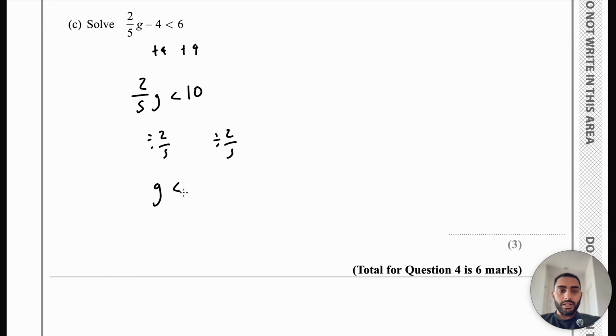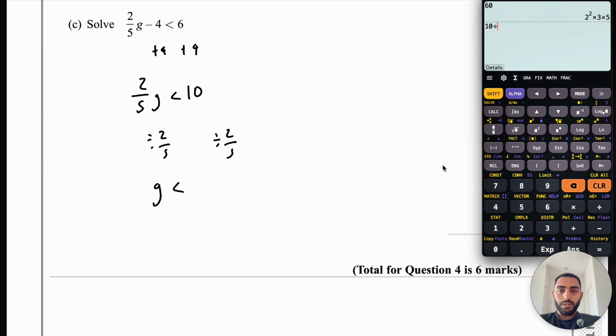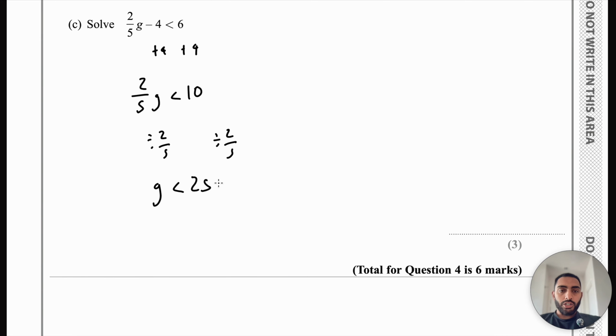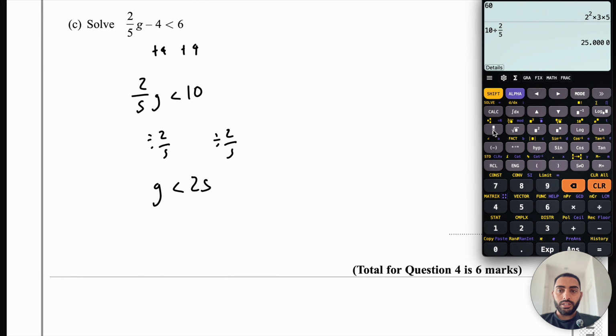So g is less than 10 divided by 2/5, which is 25. You can check this on your calculator. You could write this as an equation on your calculator by writing 2/5, and I'm going to write x instead